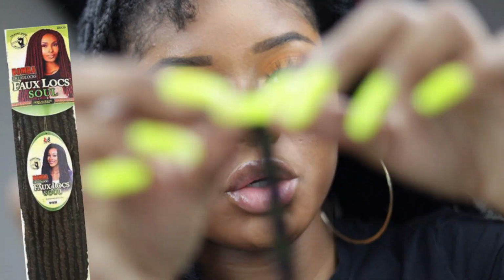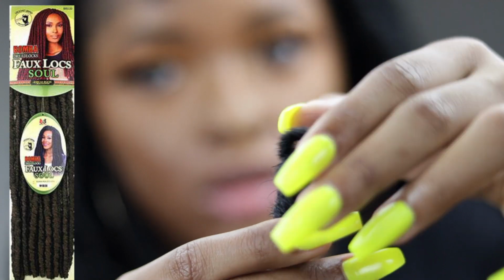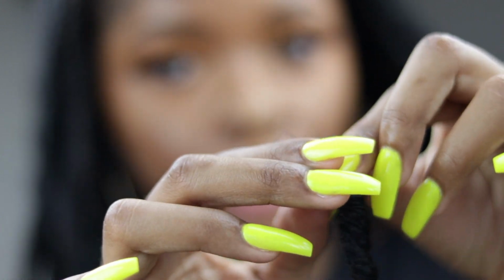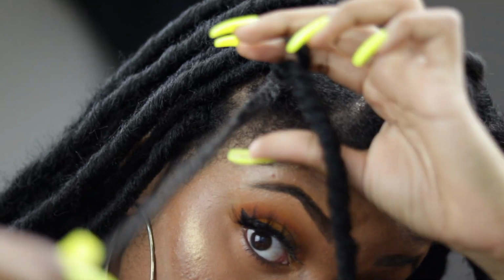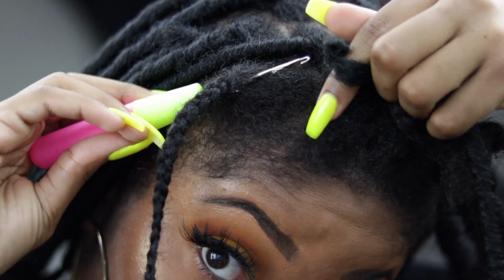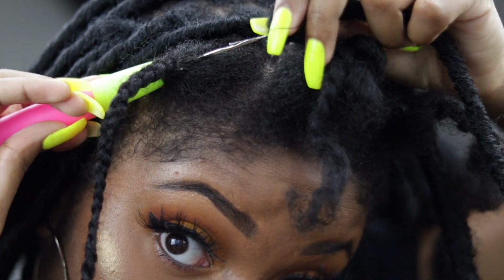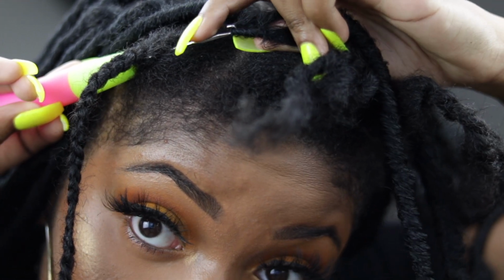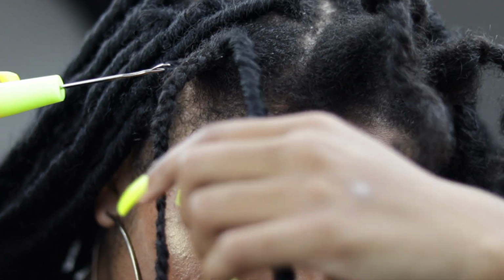Alright, cool. So with these locks, right, there's a little opening. I don't know if you guys can see it. There's like a little opening right there. What I'm going to do is I'm going to put my finger through the opening, right? So I'm going to stick the crochet needle through the root of the braid, and then I'm going to hook the loop onto the opening of the crochet hook. I'm going to close the crochet hook, pull it through,